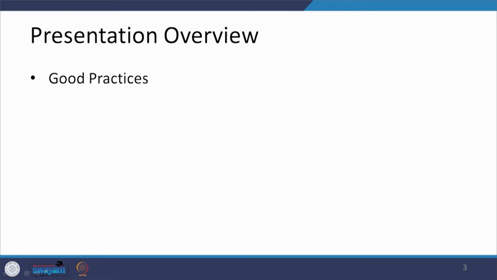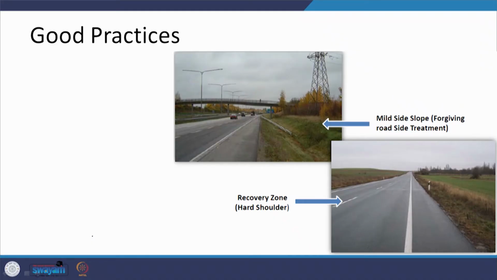We will try to see some of the good practices which have been followed and have given a very good design or a very good alignment, which is self explaining and probably also forgiving in nature. So, let us start with this. Let us look at a few of these photographs which have been shown here as part of good practices. We can start with photograph 1, where you can see there is a carriageway being provided,